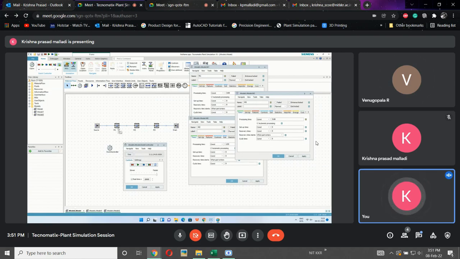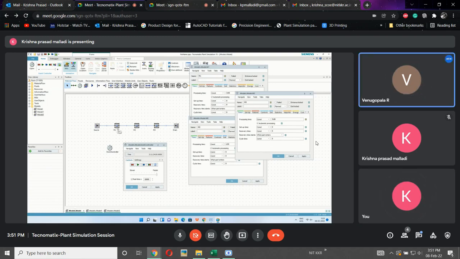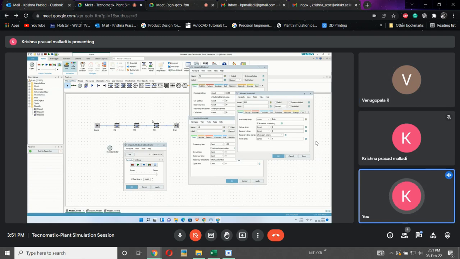Why? Because the first machine has 3 minutes of processing time. So after every 3 minutes, this machine will produce a part to M2. What will happen in M2? M2 has only 1 minute of processing time. Within 1 minute it will finish and give the part to M3. Again, M2 will wait for the next 2 minutes for M1. Simultaneously, this is also possible: M3 has 5 minutes of processing time. What will happen? Sometimes M2 has a part and it is waiting for this machine. That is called a waiting as well as blocking phase.